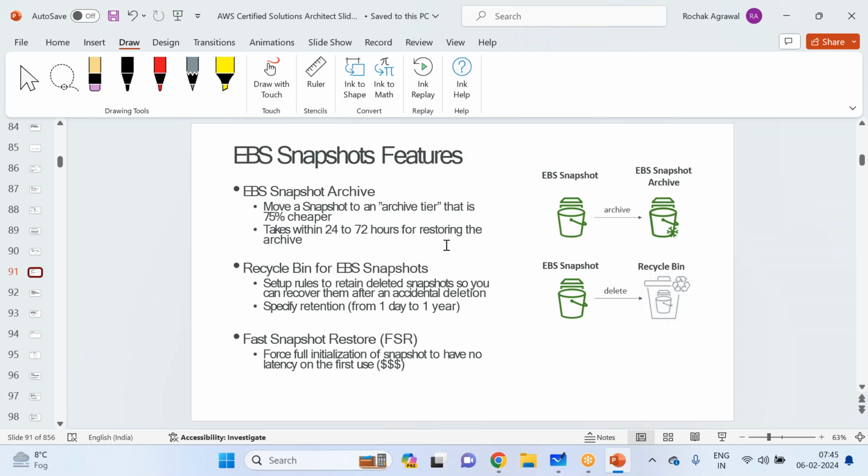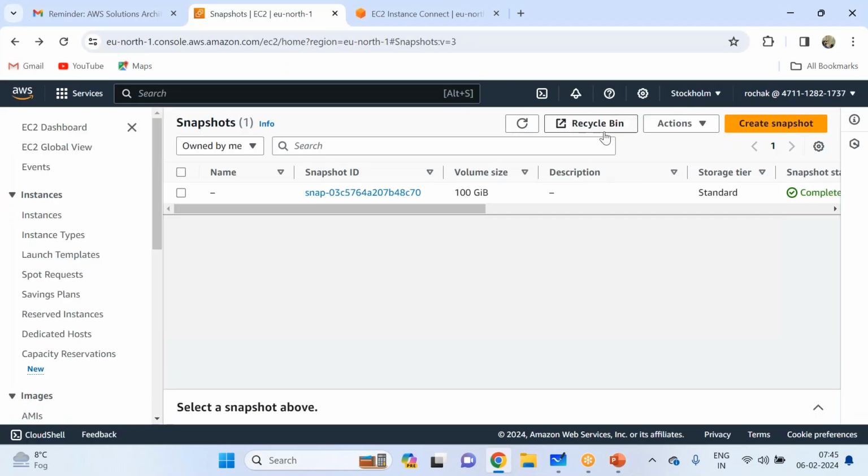retention period. So, let's say you deleted a snapshot, that goes to the recycle bin. Okay, and let's say till 1 year you are not retrieving it, you are not restoring it, then it will completely be deleted. Okay, then we have one more feature called fast snapshot restore, and it basically does the full forceful initialization of the snapshot to have no latency on the first use. So there is an option of the recycle bin,